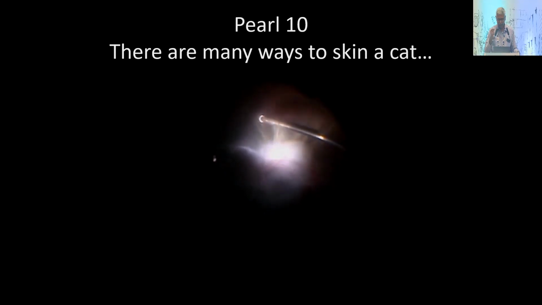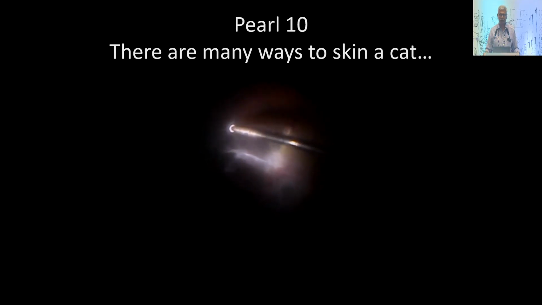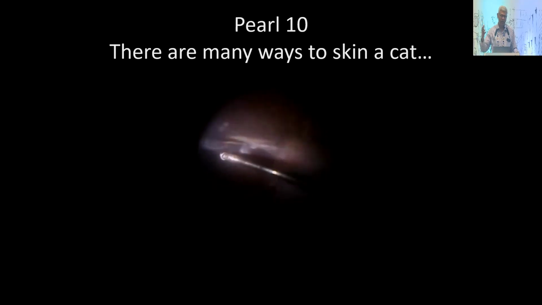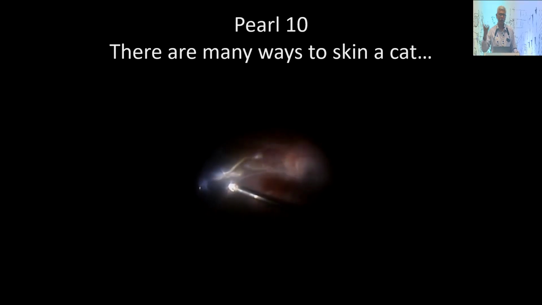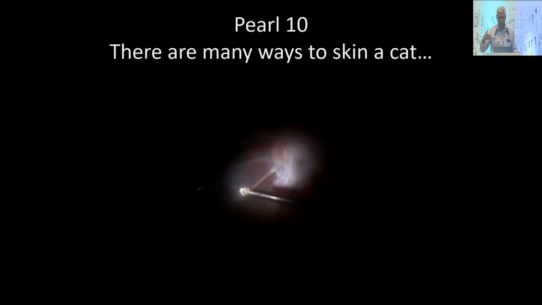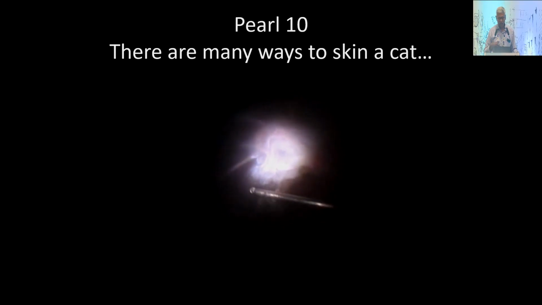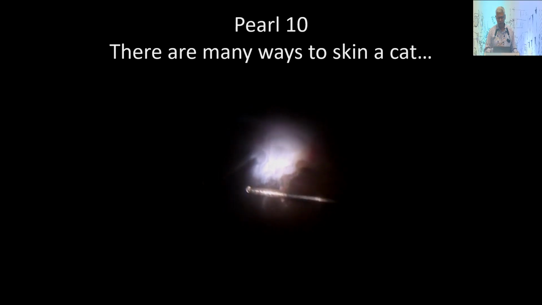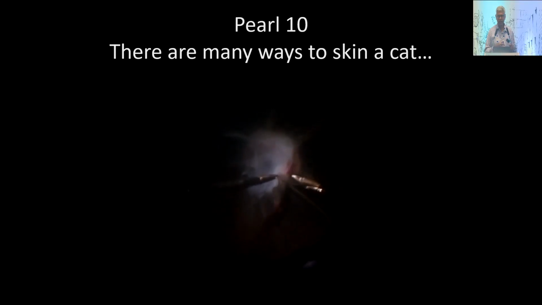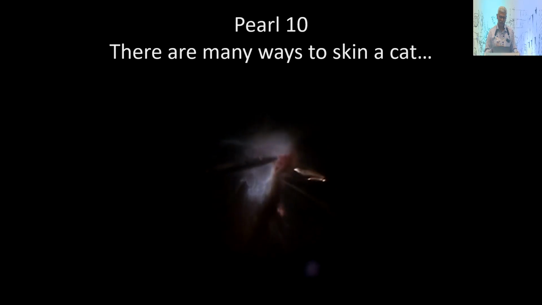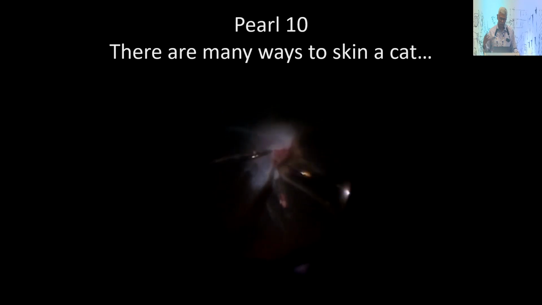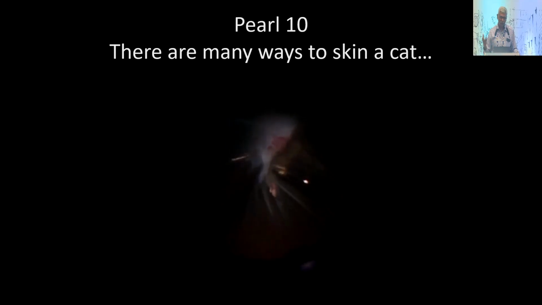So there are many ways to skin a cat. Some people start at the disc and then progress anteriorly. I usually prefer to do a truncation of the cone and then progress posteriorly. Here I am trying to induce the hyaloid separation. You can see the hyaloid is very, very densely attached and there's no separation at all. So then somewhere we make an opening and then we do a bimanual dissection.